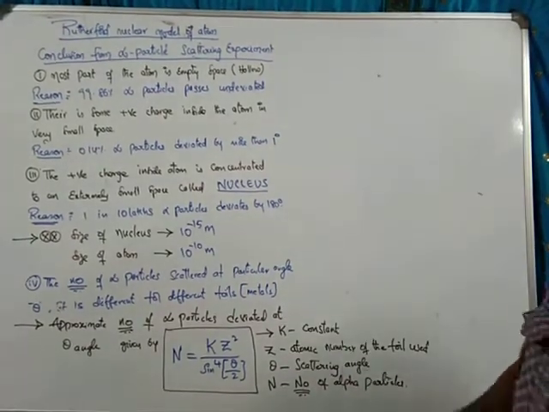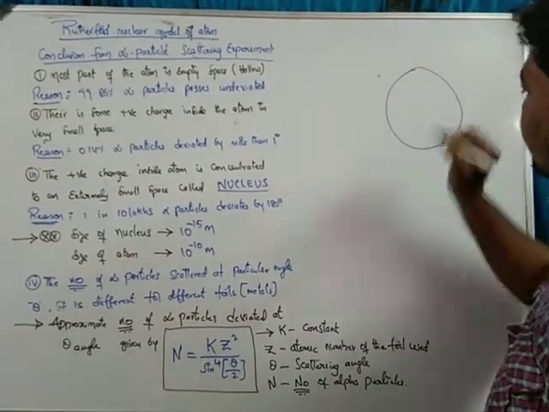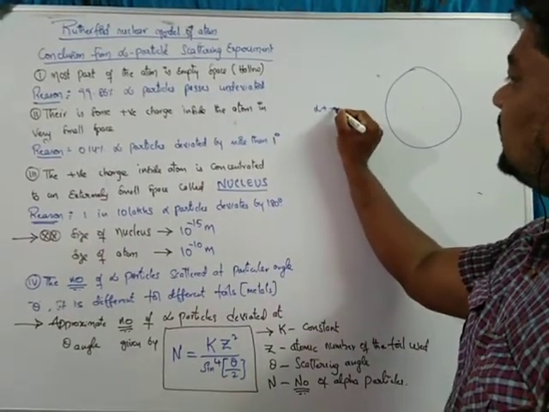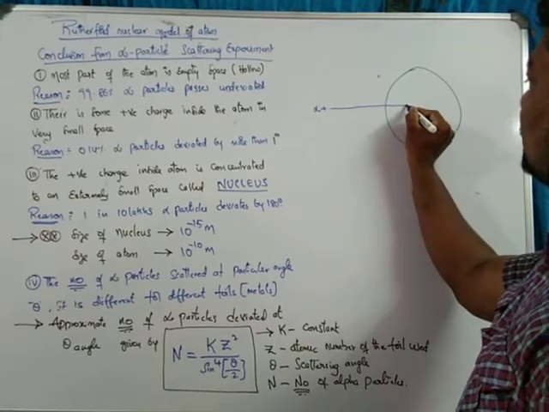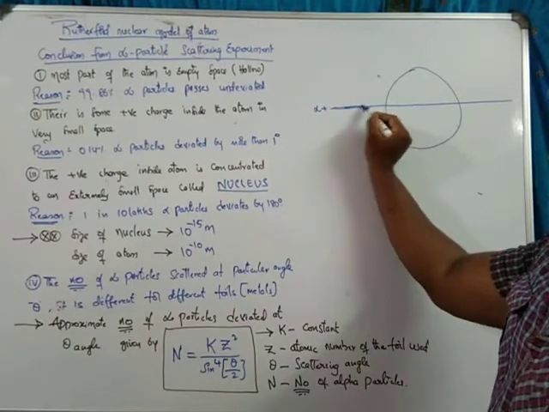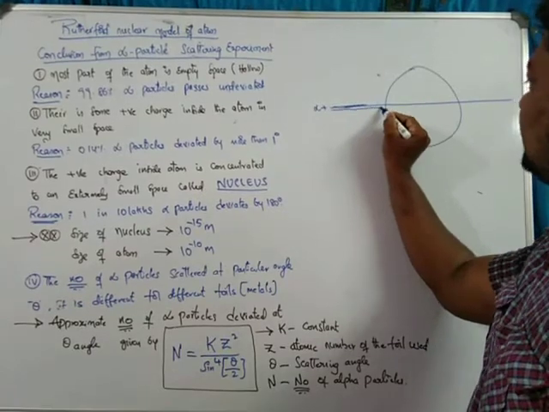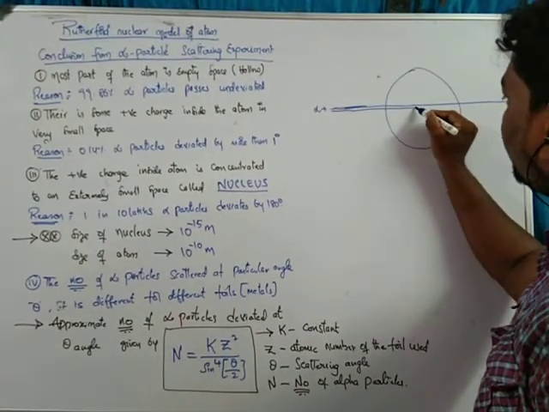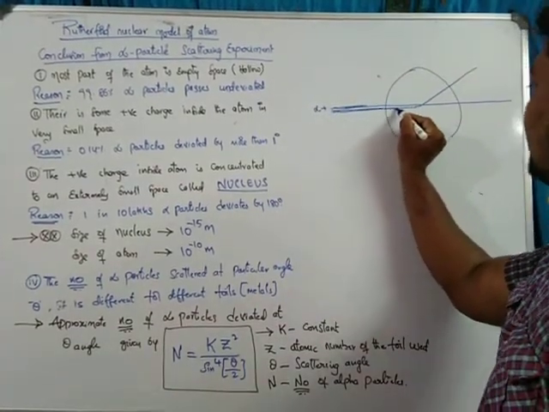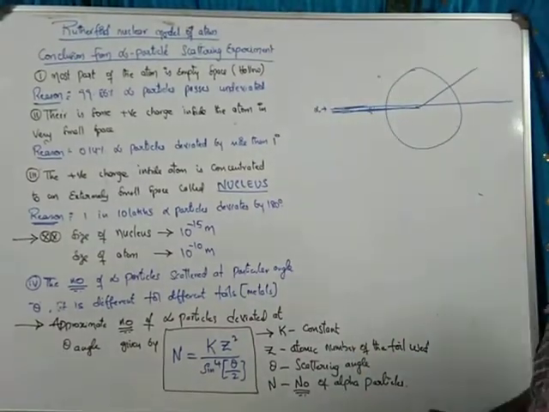Because of that, here we have some screen, and at the center we have some positive charge. Whenever we release these alpha particles, they move normally in a straight line according to the first point. So most of the particles move in a straight line, but some particles, whenever they reach this point, are deviated. And at some points, whenever it reaches this positive charge, again it will be deflected, because positive will be repelled.